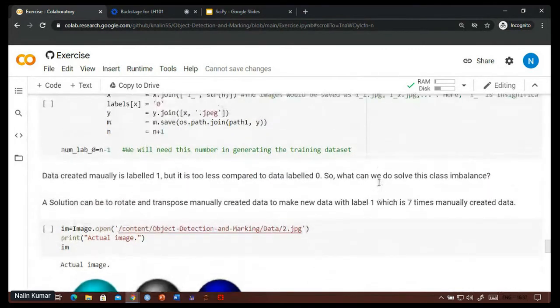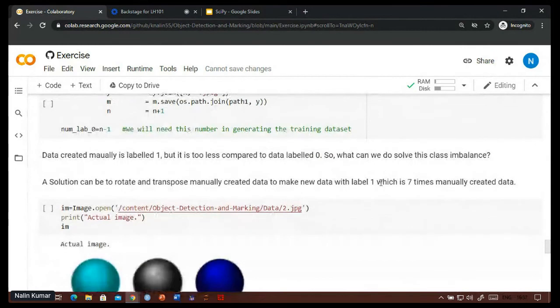However, the number of balls was approximately 190 to 200, but the total number of images would be too much. So the number of images labeled 0 would be very much larger than that of label 1.